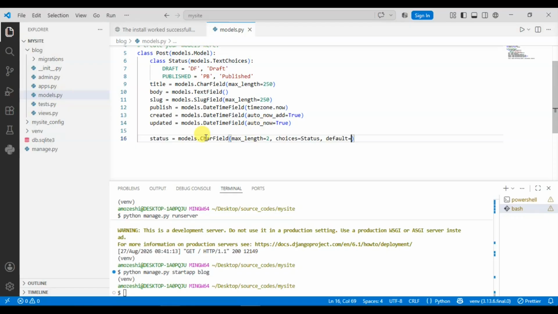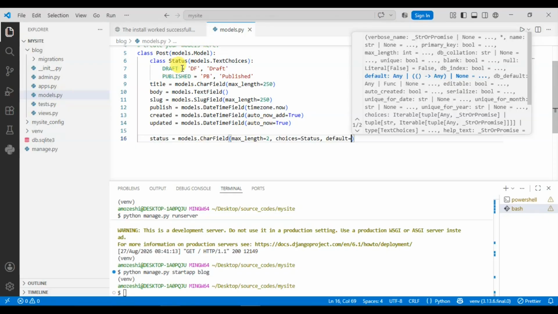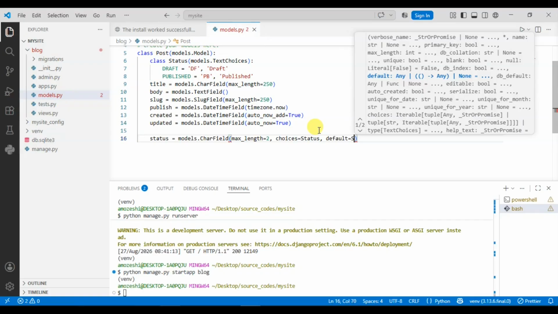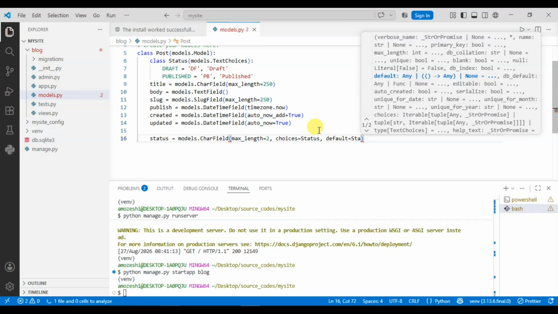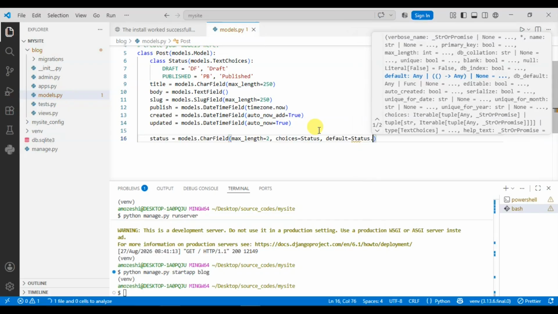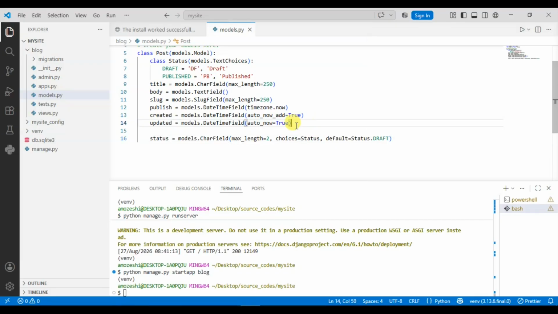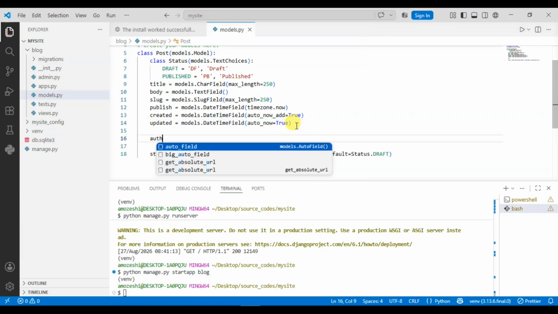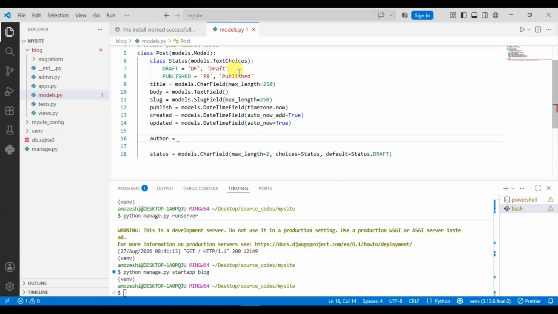And what about the default value when a post is saved? We want the status to have a default value equal to draft. So for doing that, we define default equals Status.DRAFT,